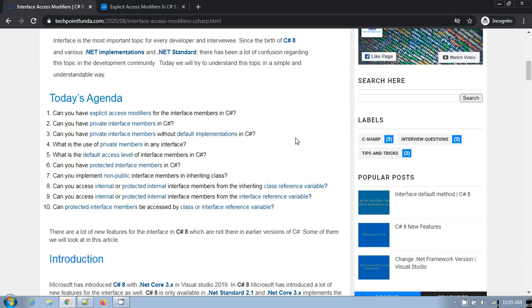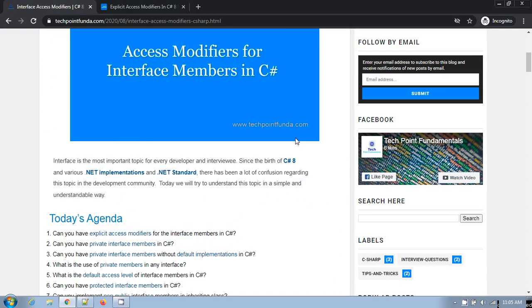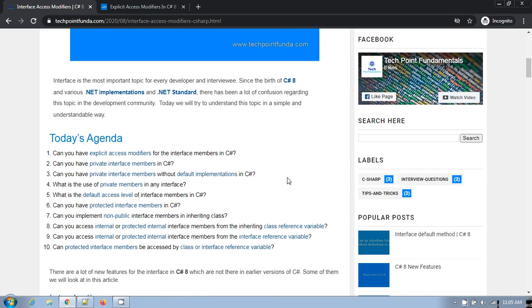So today we will focus only on interface. What are the access modifiers which are explicitly allowed in interface where you are defining or declaring any interface member, right? So these are some questions where we will learn and understand what are the different types of access modifiers which are available in C Sharp 8 interface.